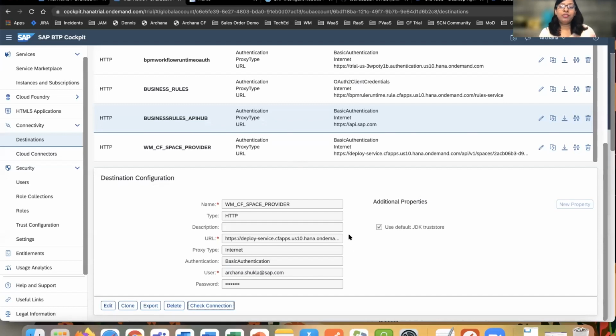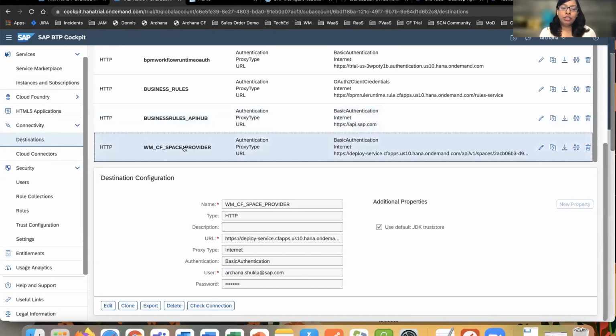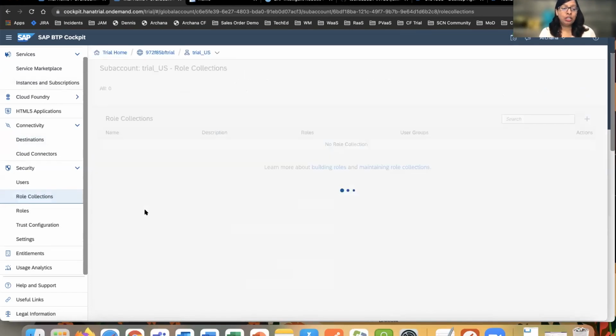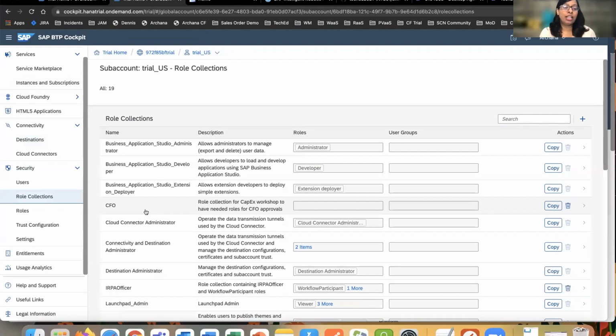Okay, so what you have done till now: you went to your global account, you ran the workflow management booster, the booster set up the entitlement, enabled your subscription, created 4 service instances for each of the services, and created destinations. You went into the WM space provider destination and edited it with the right password. The last thing the booster also does is the creation and assignment of role collections to your users. So if I go to my user,